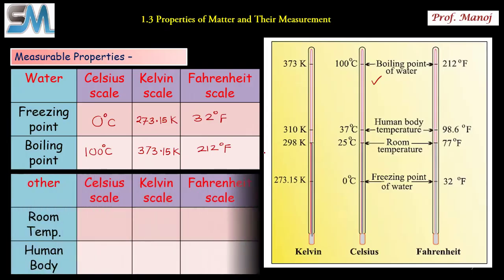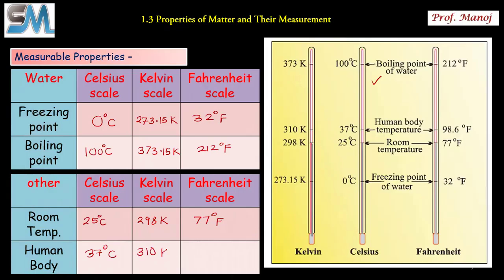Similarly, if you check room temperature and human body comparison, room temperature is taken in Celsius as 25 degrees Celsius, which becomes 298 Kelvin, and in Fahrenheit scale, it is 77 degrees Fahrenheit. A healthy human body without any fever is supposed to have 37 degrees Celsius, which is 310 Kelvin